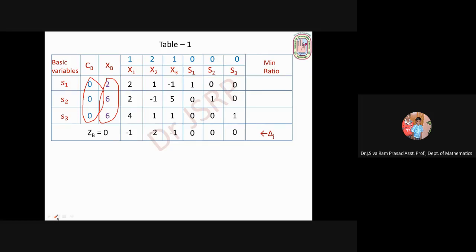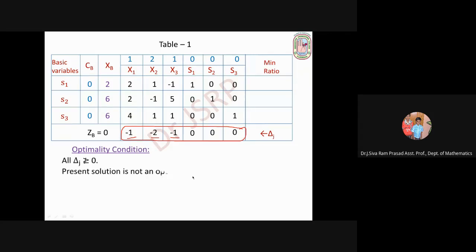So this is fourth step. Now we verify the optimality condition. That means we have to check whether the present solution is an optimal solution or not. So what is the optimality condition? All delta J greater than or equal to 0. Observe all these values. These are delta J values. If all these delta J are greater than or equal to 0, then the optimal condition is satisfied. So here some are negative values. This is negative, this is negative, and this is negative.